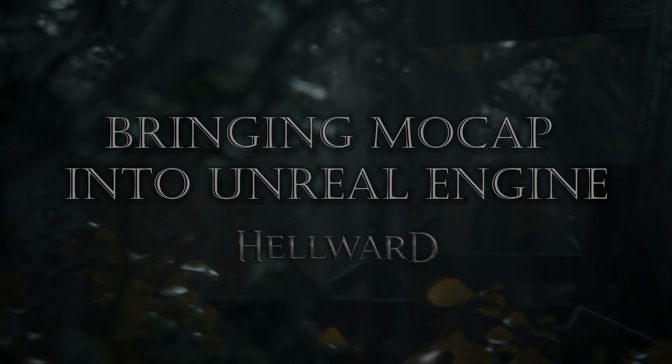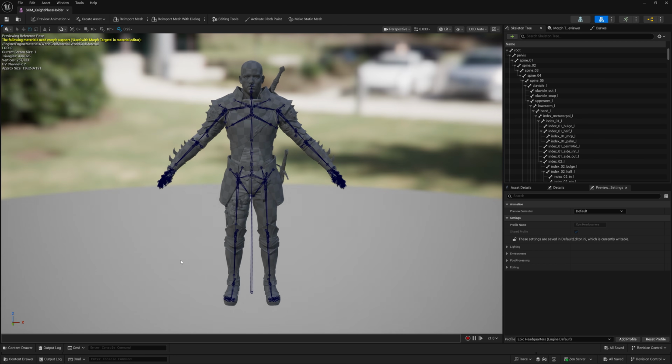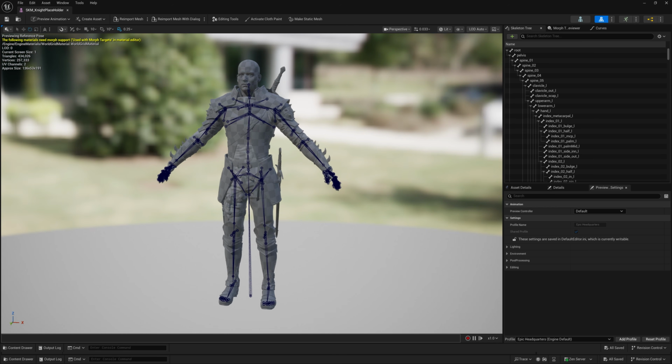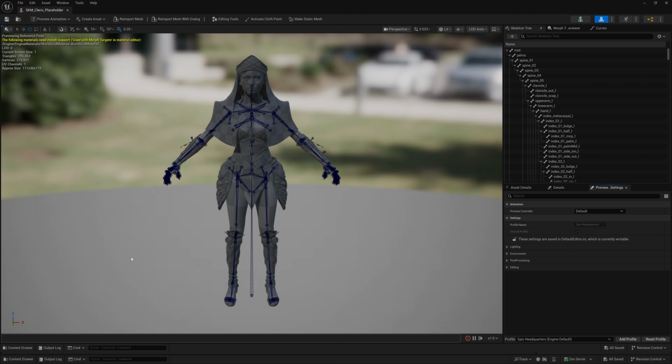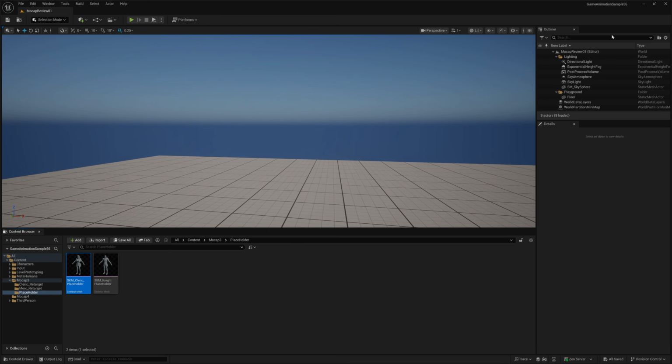I like to do this in a clean project, that way no unrelated animation will show up in the retarget window. I did prep this clean project with lightweight placeholder meshes for both my cleric and my knight. These placeholders use the same skeleton as their full MetaHuman counterparts, so all animations I make for these will also work on the final MetaHumans. But they're much faster to work with. No materials, no grooms, just simple skinning. So I can quickly iterate on animations before applying it to the final characters.